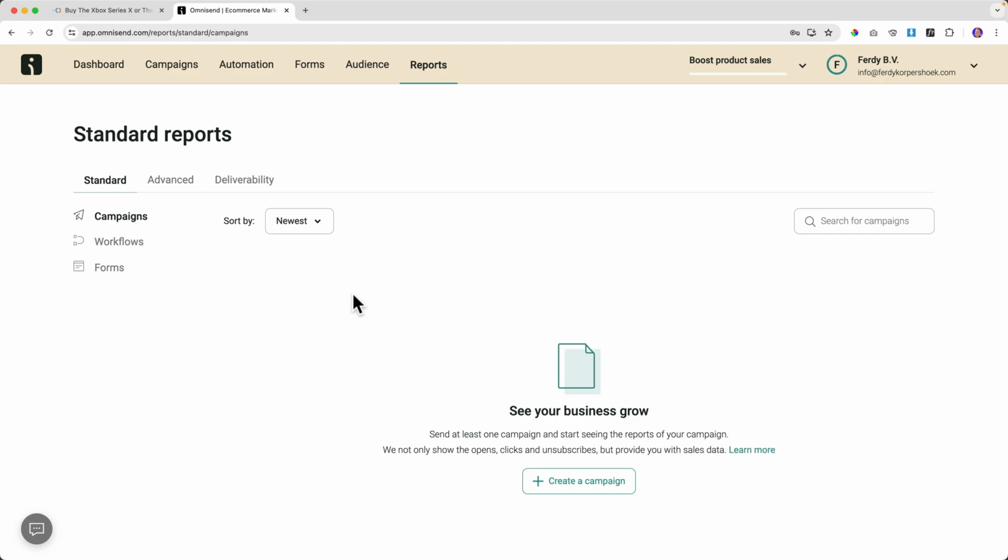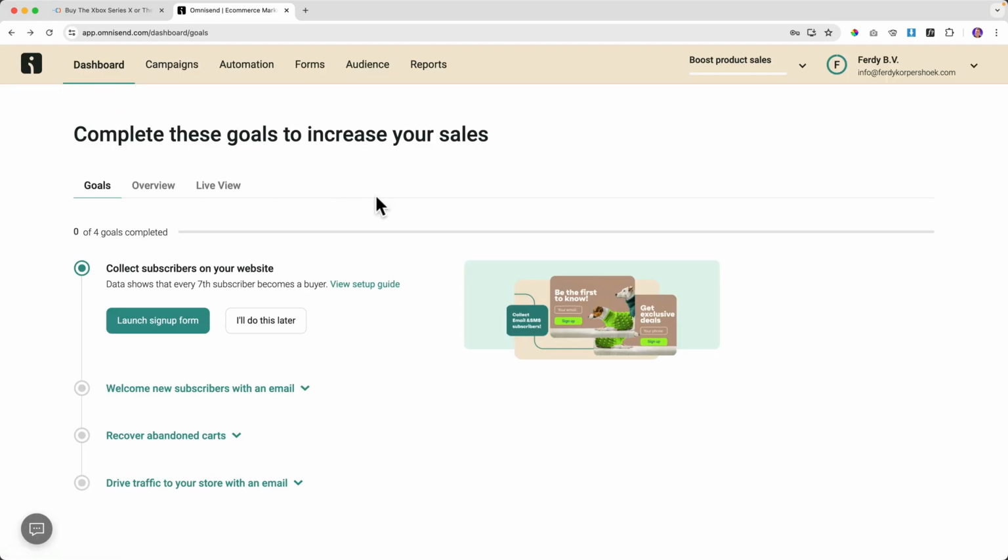What I personally love about Omnisend is that there are multiple areas where you can do A/B split testing. So you can have 2 sign-up forms. 50% will see sign-up form 1, 50% will see sign-up form 2. And then you can see which one is performing the best. And then you can choose that sign-up form and do another split test so you can optimize your conversions. So that's a small overview. We're going to talk about all these things, but I just wanted to give you an overview of what is possible within Omnisend. Okay, let the fun stuff begin.